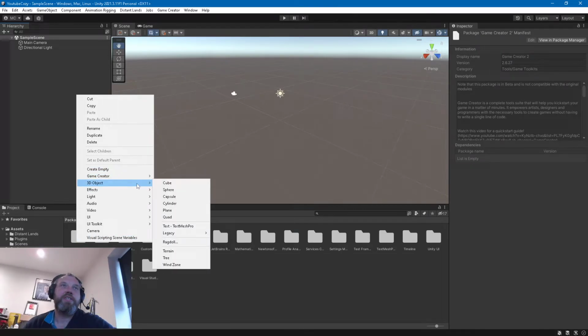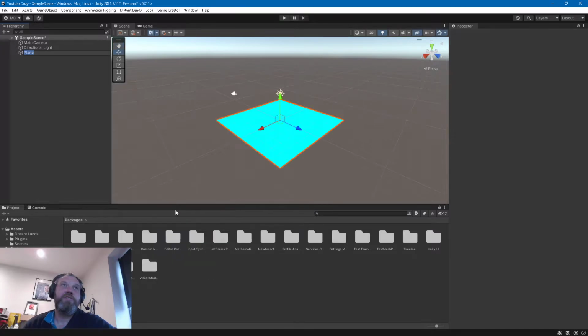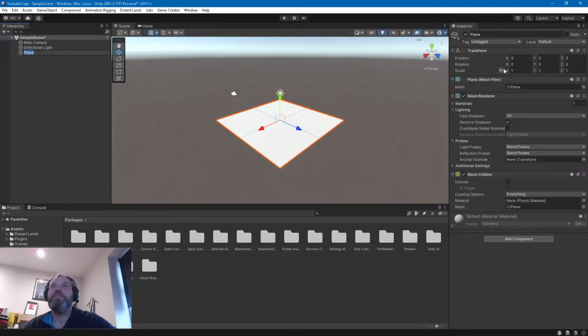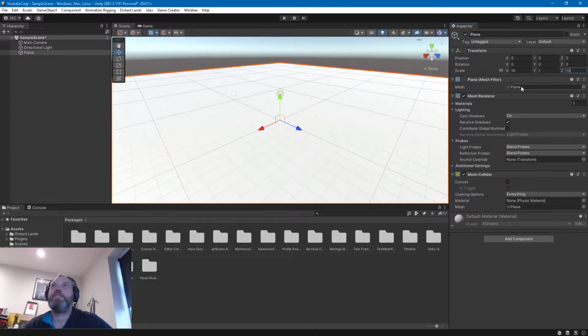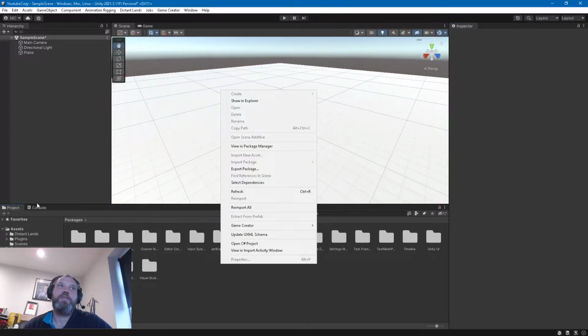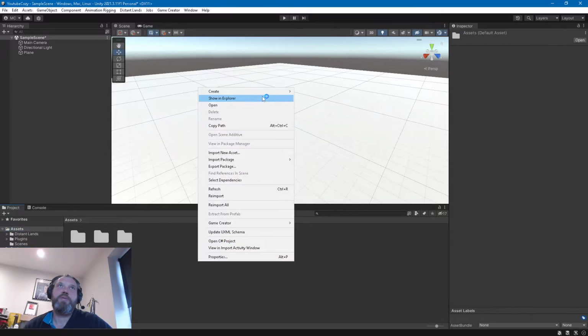Let's just throw a plane in there. I really hate that Unity by default has this scale constraint enabled. So okay, 10, 10,